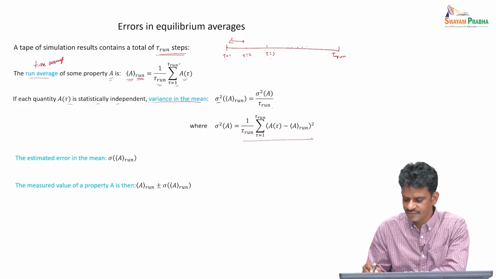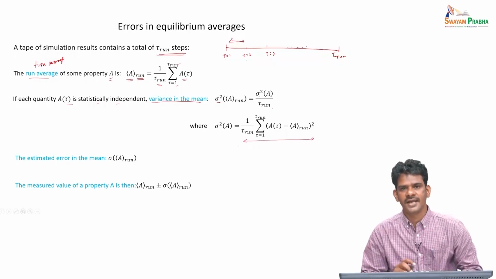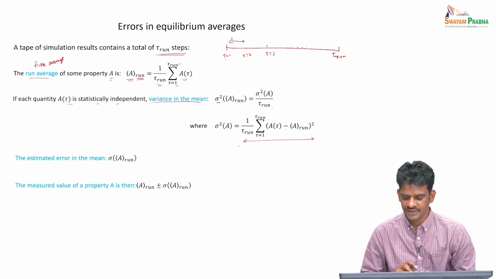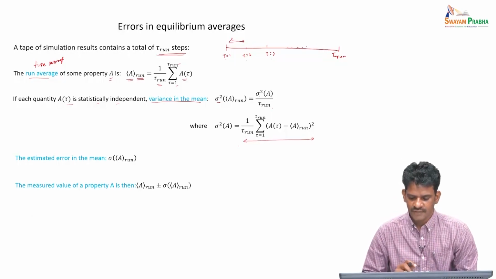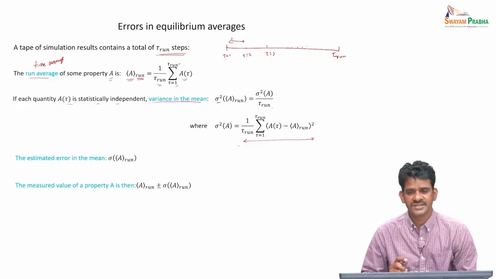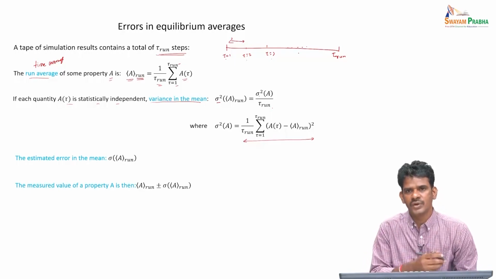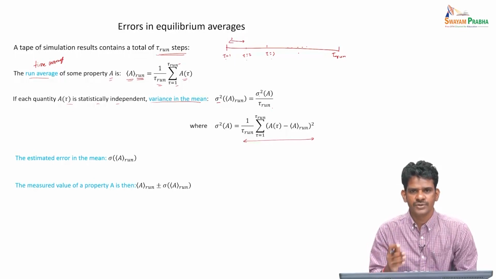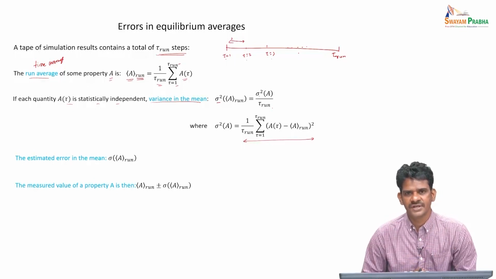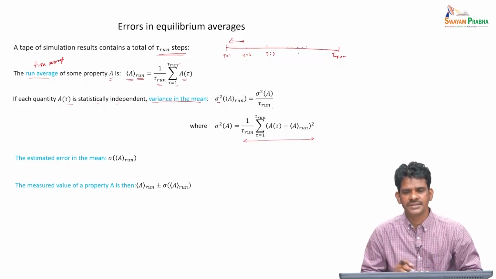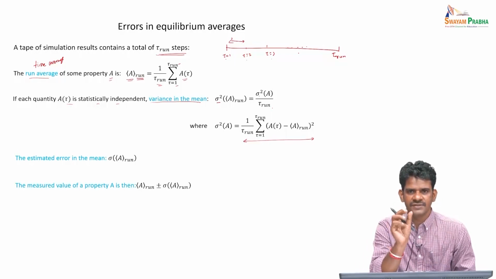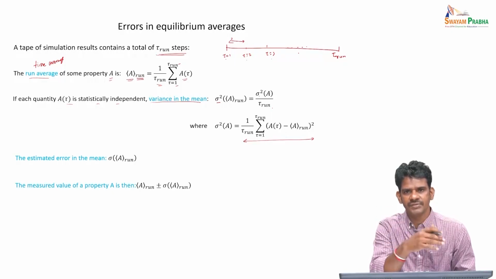Okay, you can see this is the kind of definition used for variance calculation in statistics and probability theory courses. Now, what do we mean by statistically independent? It means that all these data points do not have any correlation with each other. That means each data point does not have any memory of the previous data points, so they are all gathered independently. If you write the data set very closely spaced, then you will see that there will be some memory effect, some correlation between the data.